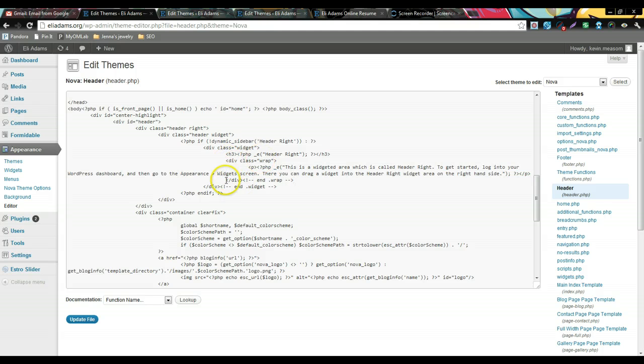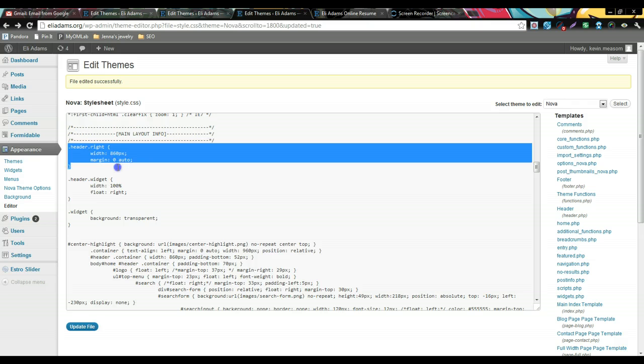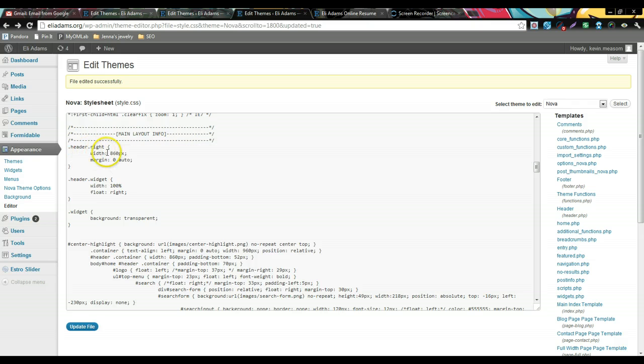Then you end the wrap, you end the widget, you end the PHP, and you end the header widget div and the header right div, and that's it for the HTML side of things. And lastly, you want to make sure you have styles set up. So I created a style for header right, which is basically just the width of 860 pixels, and centered, which is the margin 0 space auto,